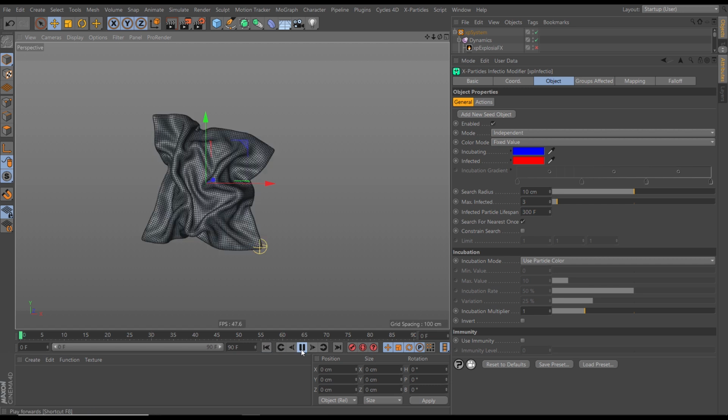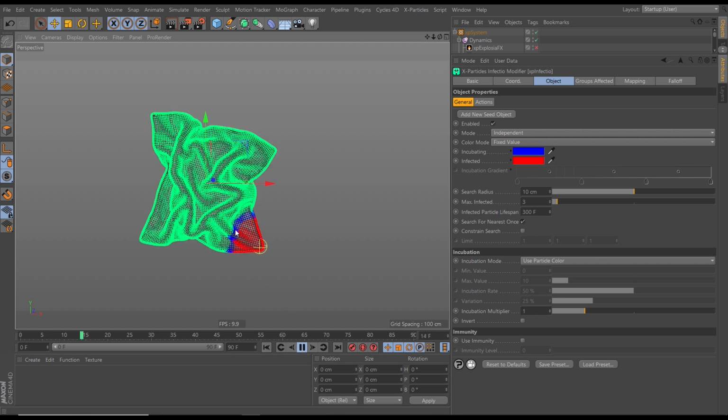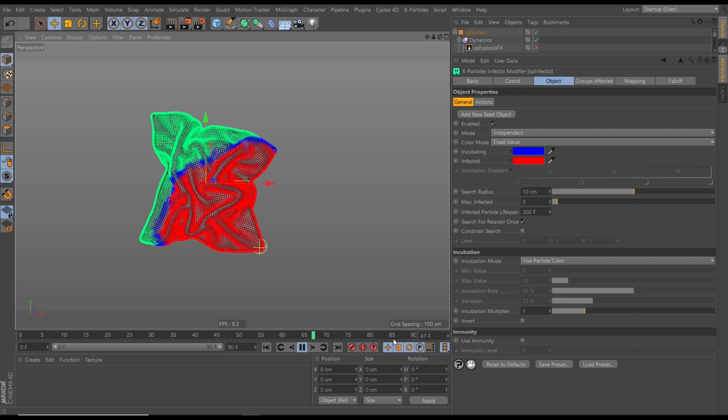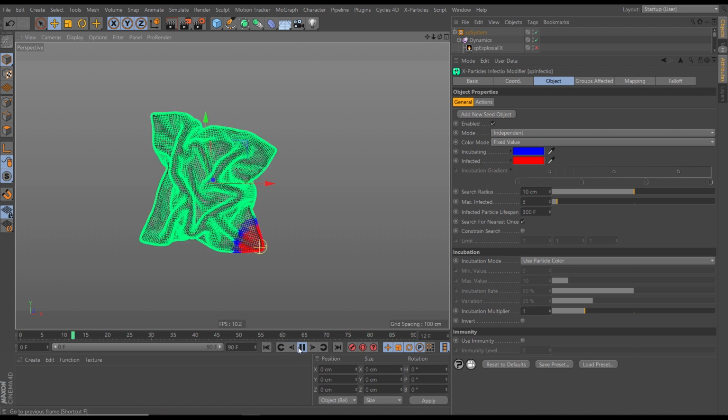So what if we wanted them? It's a little bit steppy at the moment, isn't it? And it's moving across quite slowly. And we want this to spread across easily within our 90 frame scene time. So how can we do that? Well, we can speed up the incubating process, which means that they'll become infected more quickly, which means it'll then move along more quickly. And we can do that with the